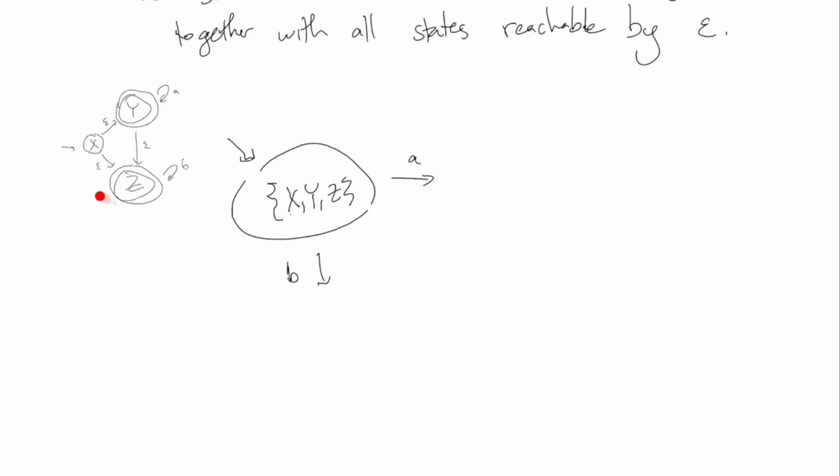Now, if I start in any of these, x, y, and z, you might say, can you get to any of them again after doing A? That's not actually true. If you start in any of x, y, and z, can you do an A and end up back in x? I think actually you can't. You cannot end up back in x. I would say you can end up in y by doing an A. Can you end up in z by doing an A? Well, not really, but you can do an A followed by an epsilon, and you can end up in z. So this one is going to go to yz,